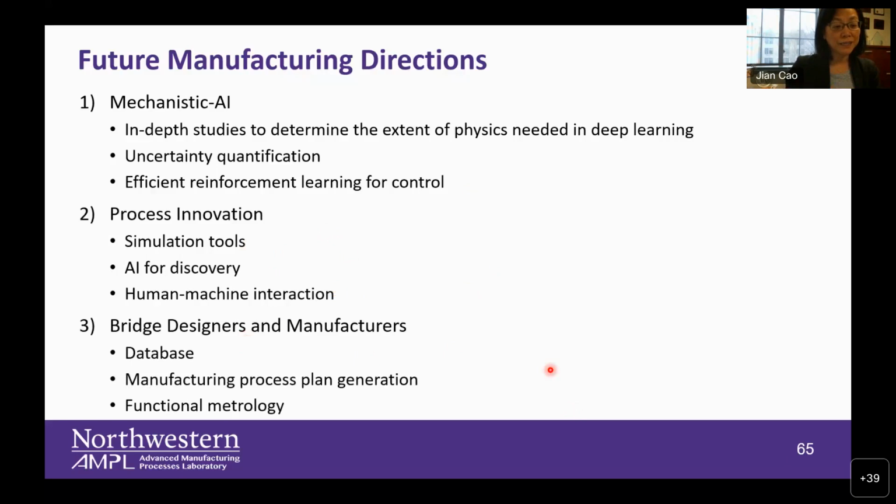We need the database. We need the automatic manufacturing process plan generation. We also, I call it functional metrology, basically qualification as you build. So lots of interesting